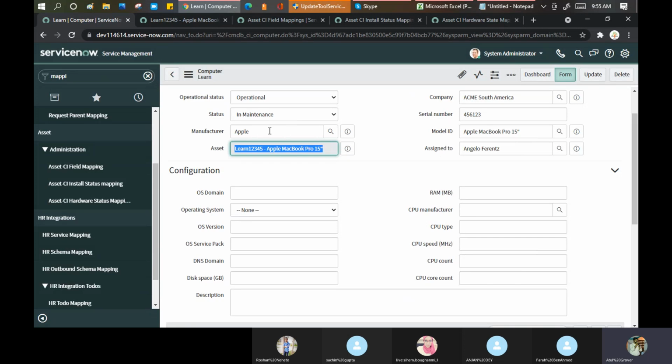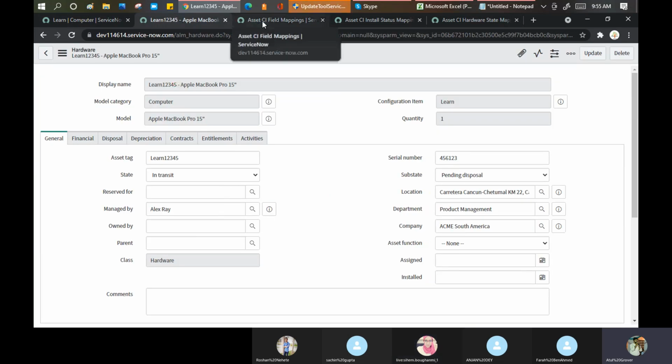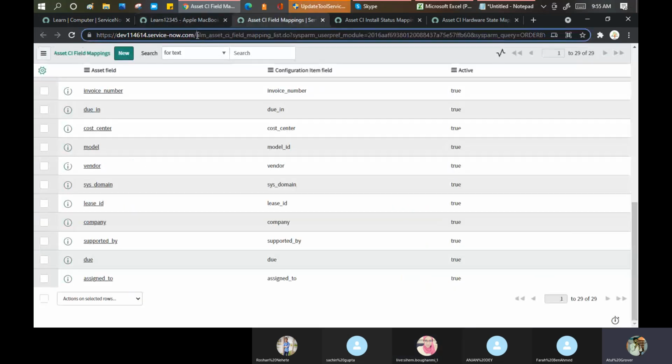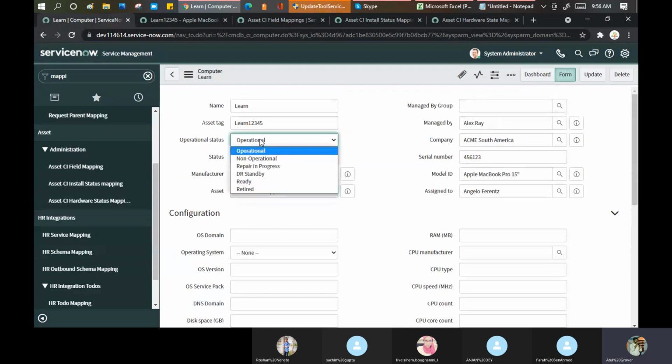After that, we discussed that if I make any changes on my CI form, will it impact my assets? Yes, that we identified, and for that we refer to the ALM asset CI field mapping table. That is the one point we discussed. The second point: if I make a change in the status here, how will this impact my assets?